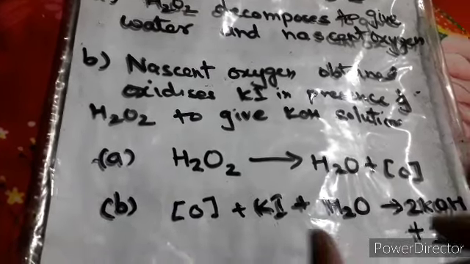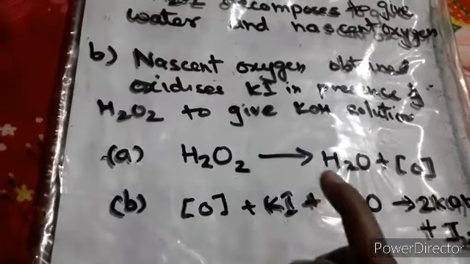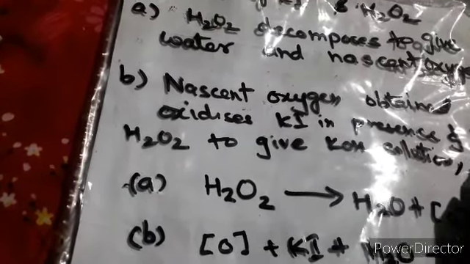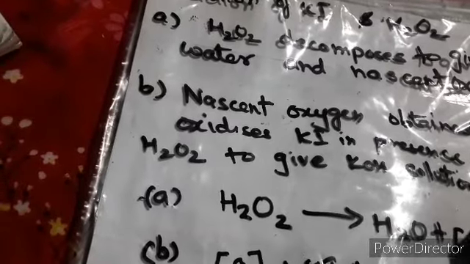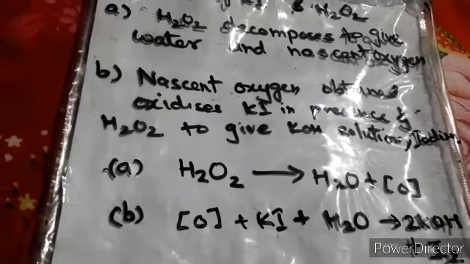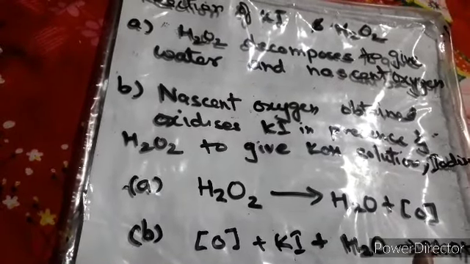So it is possible they will give you KOH solution, or maybe they will not give you the next part, even though they can give you KOH solution. Suppose sometimes they will not give you iodine. If they are not giving you iodine, then you have to remember KI is there, I2 will be formed. These two equations are formed, and let's focus on whether they are balanced or not.